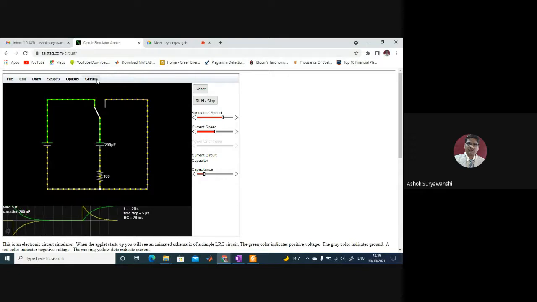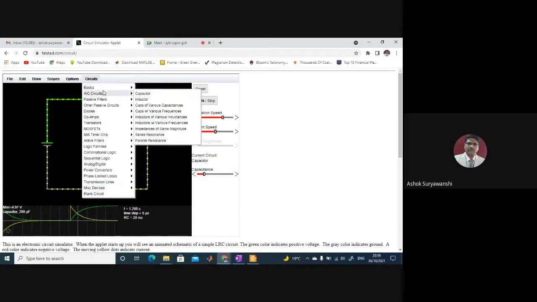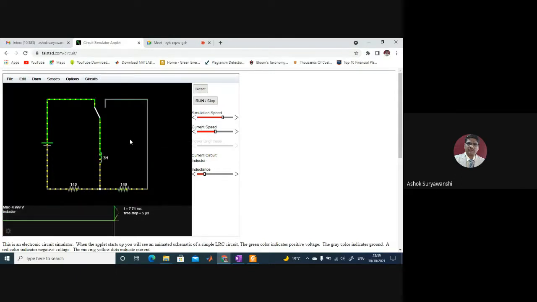So this is how you can understand the different concepts, like resistor, inductor, capacitor, and so on. You can also understand the inductor. Now the inductor is charging. When the inductor is charging, current is increasing. You can see yellow is the current here, and the green one is the voltage. When it is charging, the voltage will drop down and the current will increase. So the inductor will store the energy in the form of current.